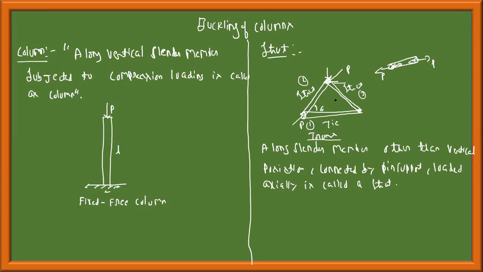For your understanding, a strut is a slender member which is not in vertical position, it is in some inclined position, and it is connected by pin joints. It is also meant for withstanding axial loads. A strut or a column is a two force member. Why two force member? When I take a strut like this, it can be subjected to two forces, P, P. It is a two force member. And for equilibrium, summation of forces should be equal to 0.